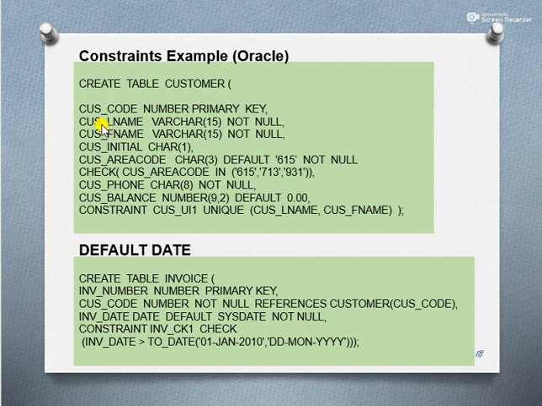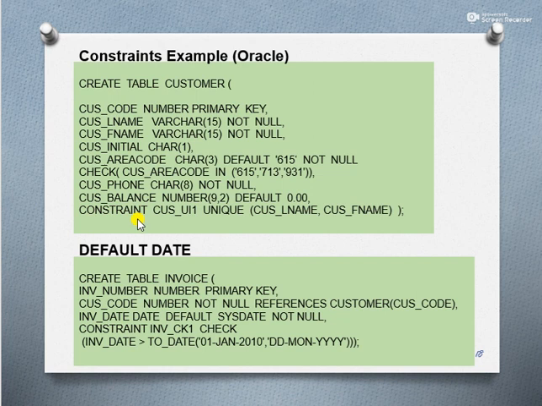Okay, and then we also use the constraint keyword over here, in the last constraint keyword. When you use the constraint keyword, it is called a table constraint. These are column constraints, like this is a column constraint, this is a column constraint. But when you use the constraint keyword by itself, then it is called a table constraint. A column constraint just applies to one column, but a table constraint like here may apply to many columns.